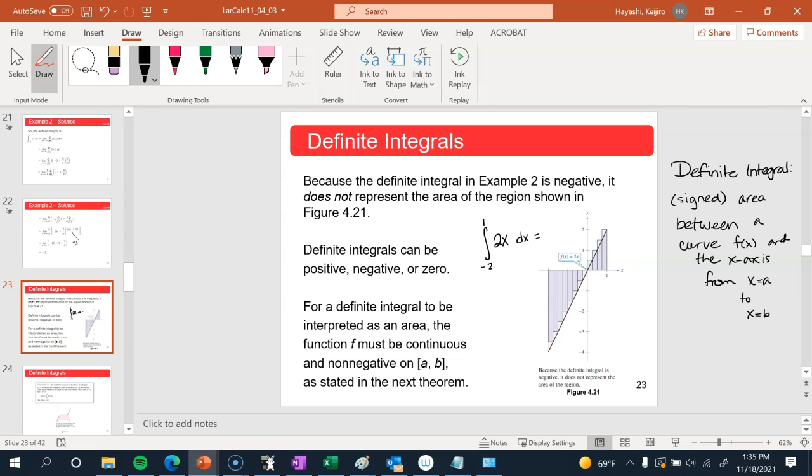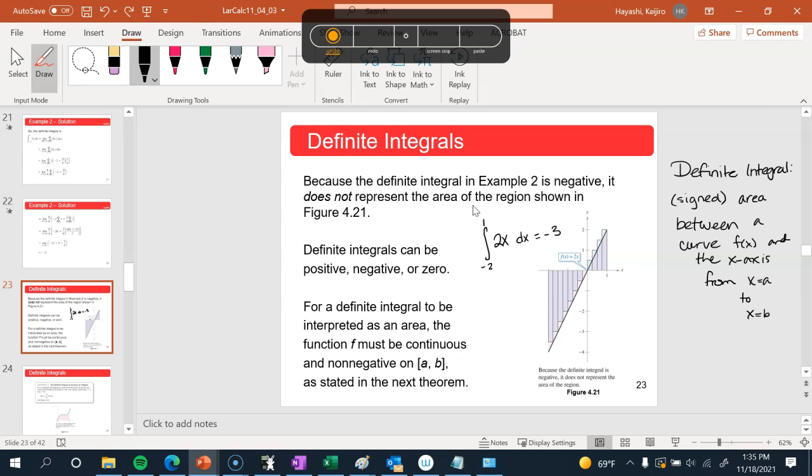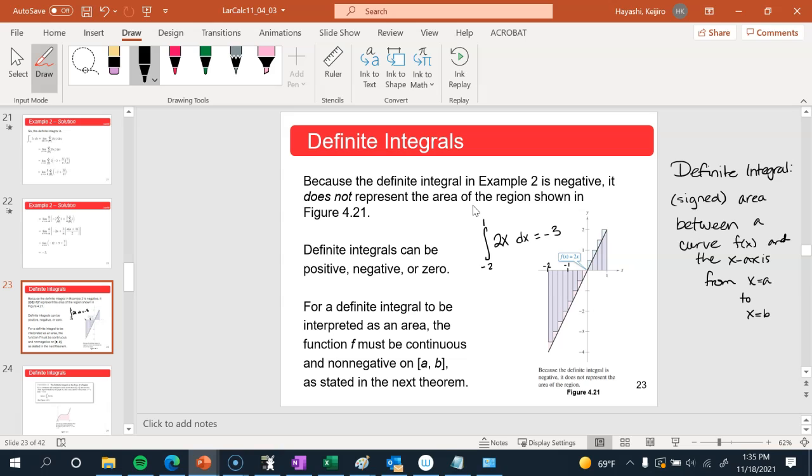And what that equals actually ends up being -3, which is a little bit weird if you think of an area. But if you think of it as a signed area, then it becomes a little more apparent what's going on. So here's -1, here's -2. Okay, so it collects the area in between these two x values, -2 and 1. And because this is below the x-axis, it's actually going to be